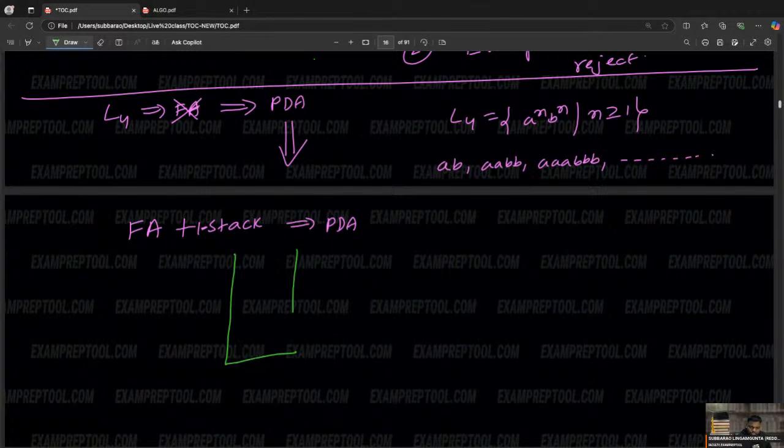In the syllabus, there is one chapter, PDA construction. There we are going to discuss 20 problems. Finite automata, 30 problems we'll discuss. PDA we will discuss 10 problems, because it also contains finite automata plus one extra stack. Turing machine also we will do, for that purpose we may do 5 problems.